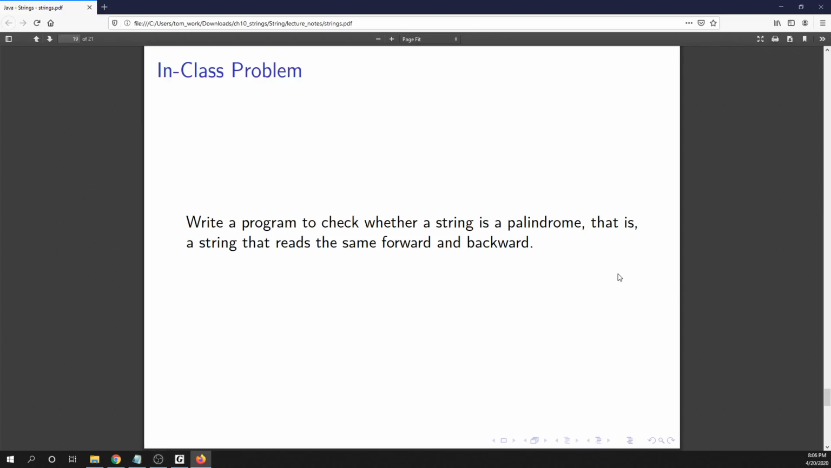In this video, we are going to work another in-class problem. It says write a program to check whether a string is a palindrome. That is a string that reads the same forward as backwards. All right, so